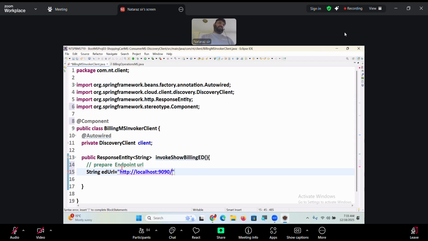What is there? We have to pass billing MS, slash billing MS, slash billing API slash billing MS slash billing API slash info. This is the endpoint URL, right, guys? Okay, get provider MS